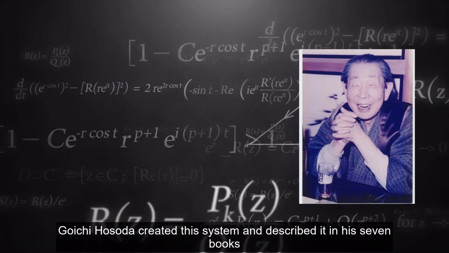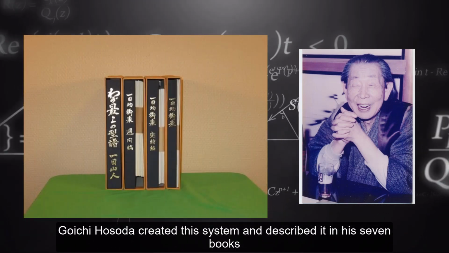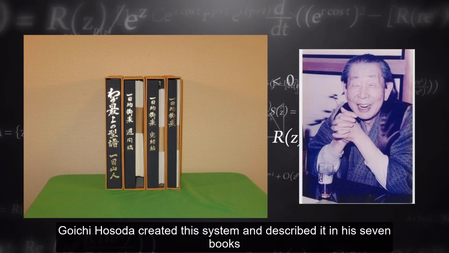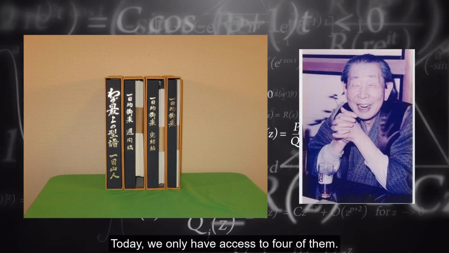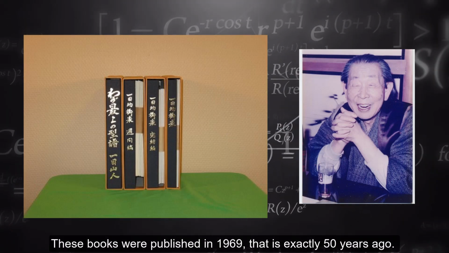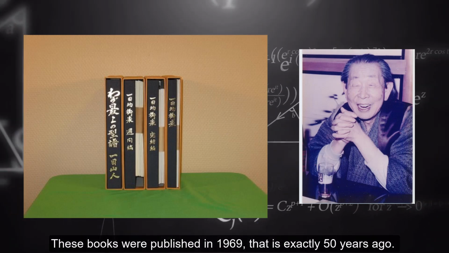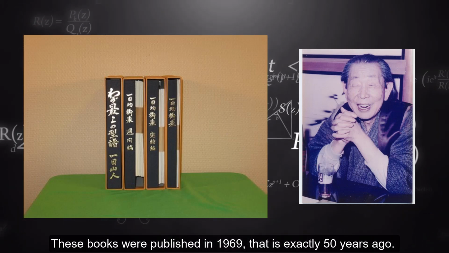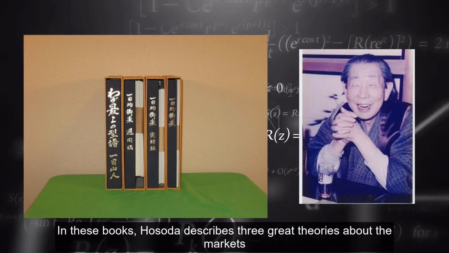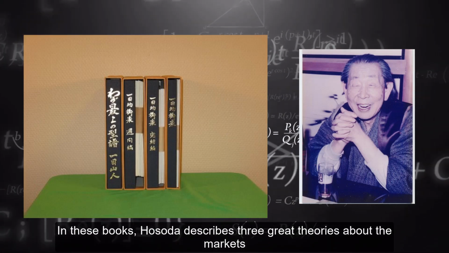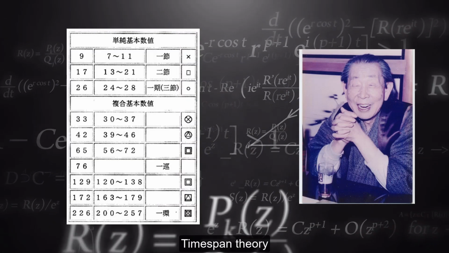Goichi Hosoda created this system and described it in his 7 books. Today, we only have access to 4 of them. These books were published in 1969. That is exactly 50 years ago. In these books, Hosoda describes 3 great theories about the markets. Time span theory,